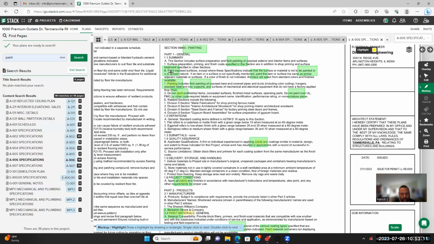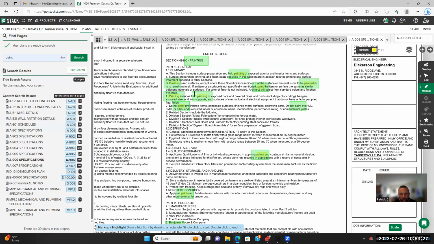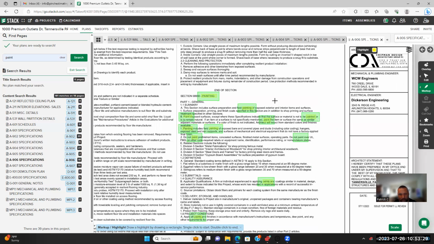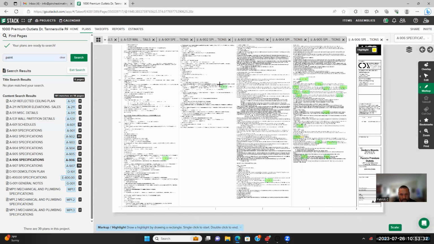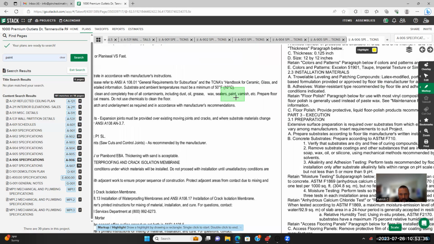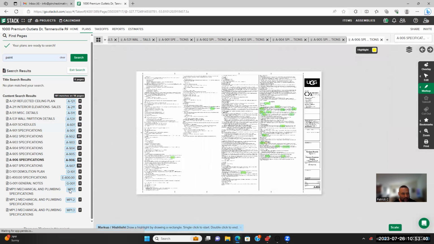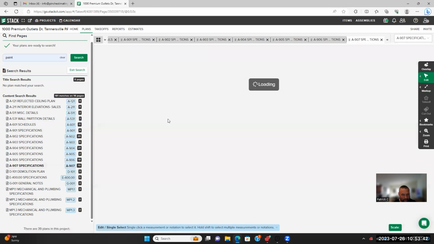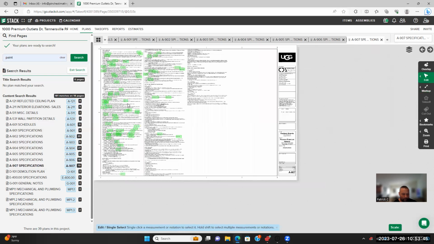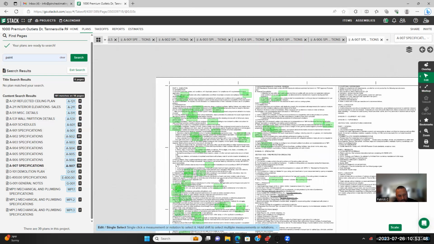That's a construction estimating tip. Do it the right way the first time, and you'll be successful all the time, or 99.99% of the time. I know that unforeseen circumstances do happen, and those are out of your control. But if you want to be successful 99.999% of the time, then be thorough and just go the extra mile,